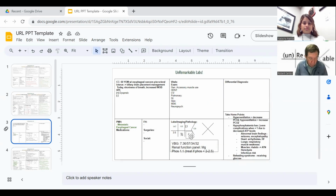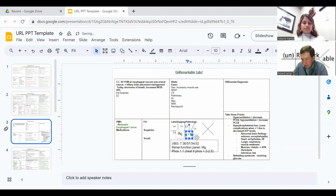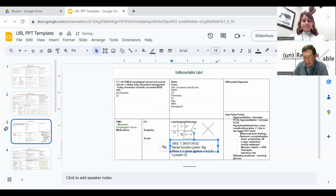It went up over the next couple of days to what probably is where he normally lives, at about 0.5. But because we really didn't know what his renal function was and couldn't believe anything at 0.2, we got a cystatin C. I'm fortunate to work in a hospital where cystatin C can be done immediately. And when we got the cystatin C, it was 0.8, which is totally normal and leads to a normal